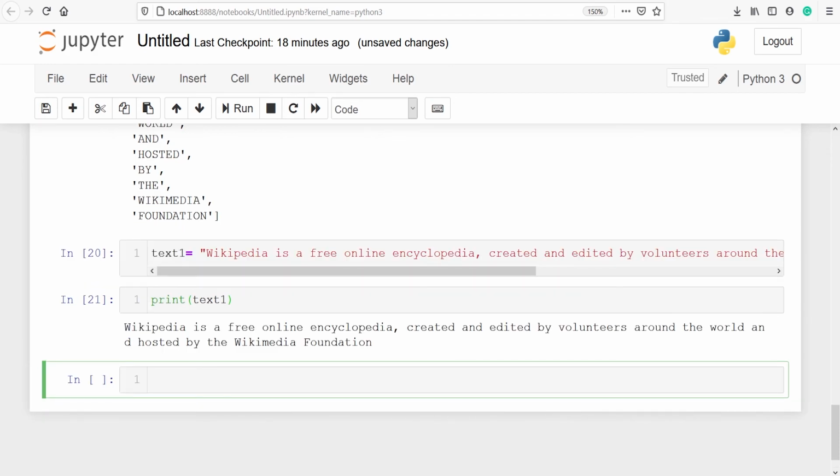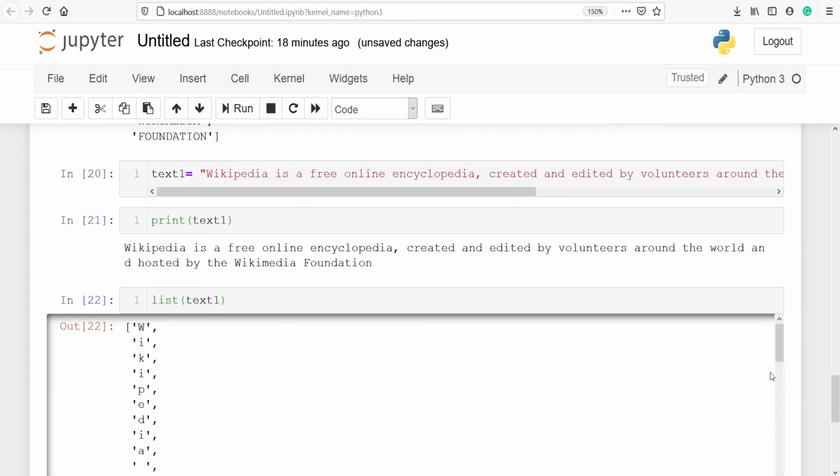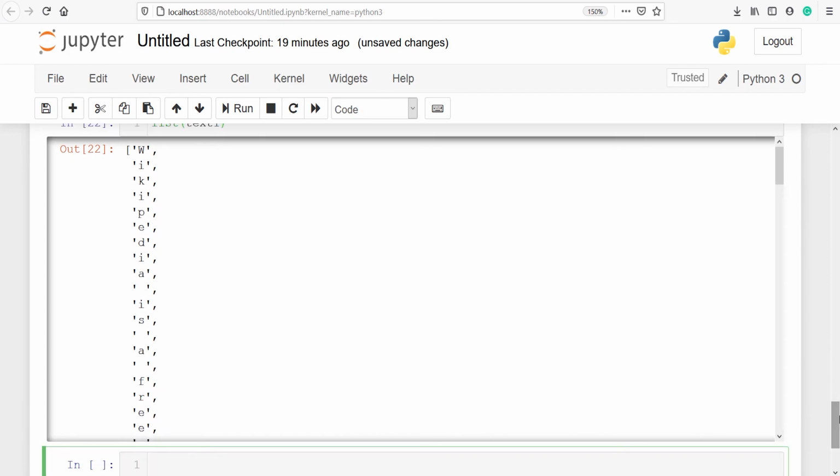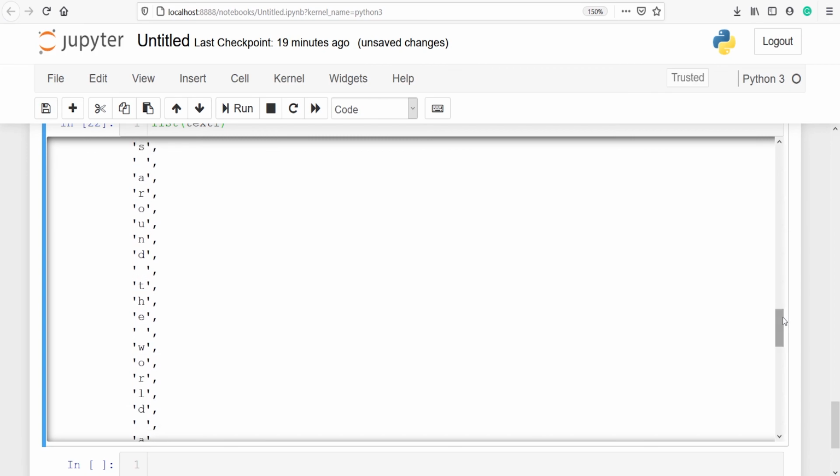Now I will use list here. So I will write list of text1, and in the output you can see that we got each alphabet. So here we are getting each and every alphabet from the complete sentence.